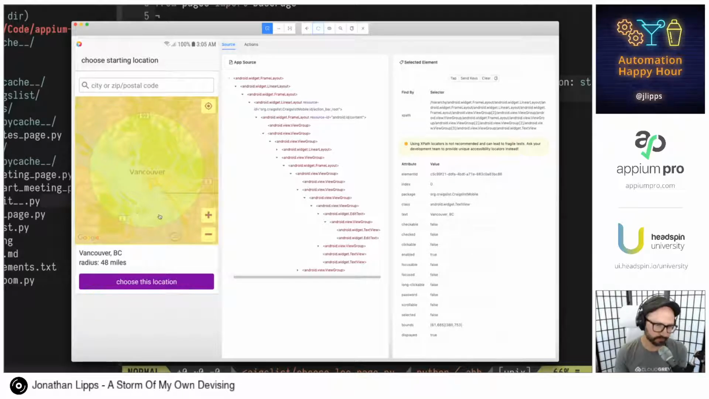So we can just trust that Google Maps knows where Vancouver, BC is. I guess another way of putting it is we're not really testing Google Maps here. We're testing Craigslist. So hopefully we can just assume that this integration is solid. So all we want to do here is